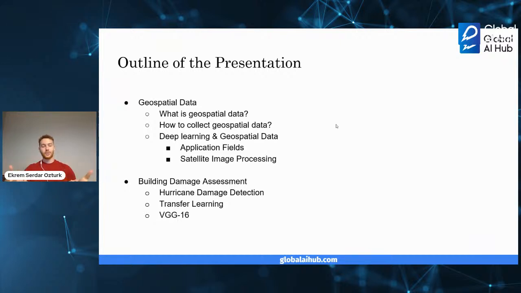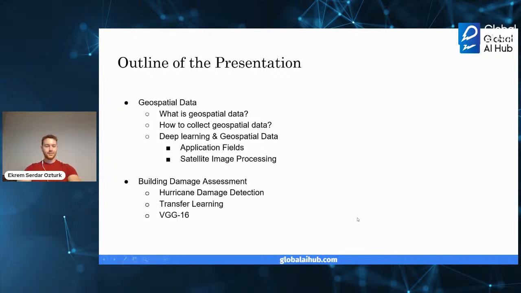Then we will check satellite image processing, and after that we will go to the application. That will be the hurricane damage detection after Hurricane Harvey in 2017. We will try to detect damaged buildings by using transfer learning and the VGG16 model.